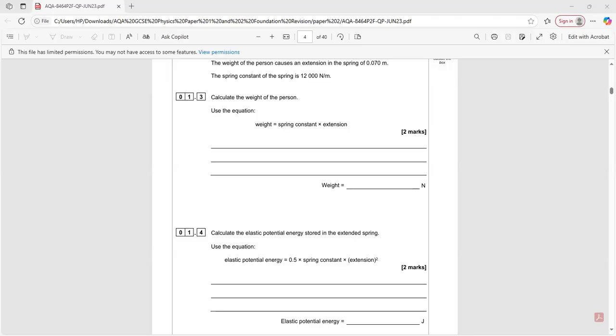Okay, no, no, no. I'm not talking about that, we have moved from 1.3 to 1.4. We're on 1.4 now. 1.4 is elastic potential energy. Look at 1.4, the one that says extension squared. Have you seen it now? Yes. So like I said, I first squared the extension, and that gave me